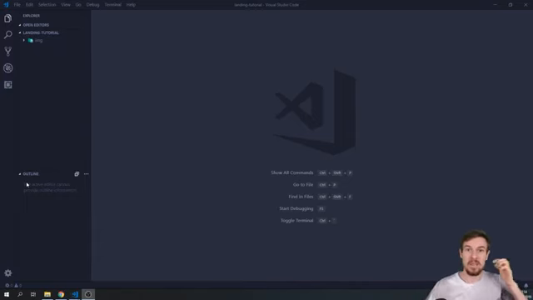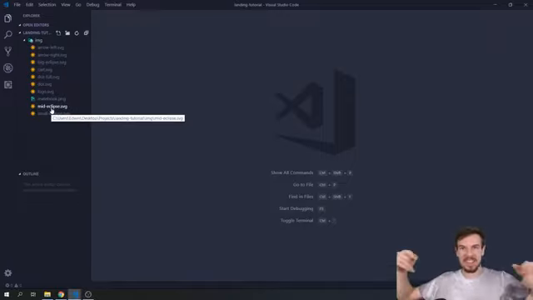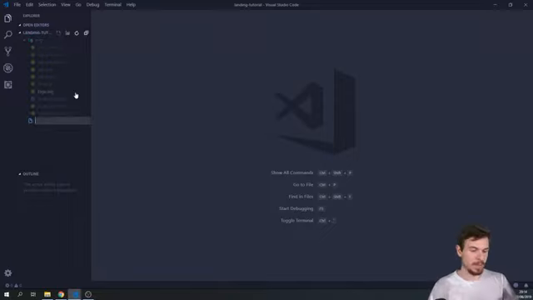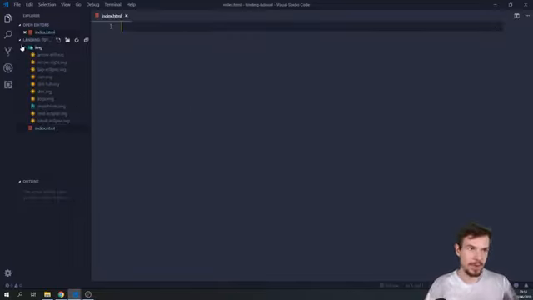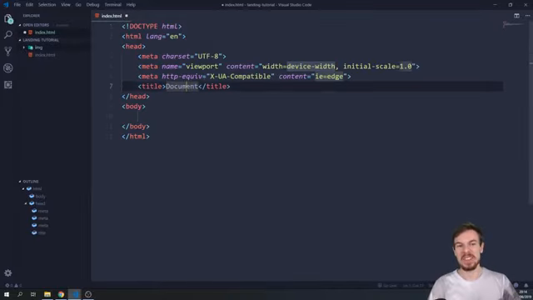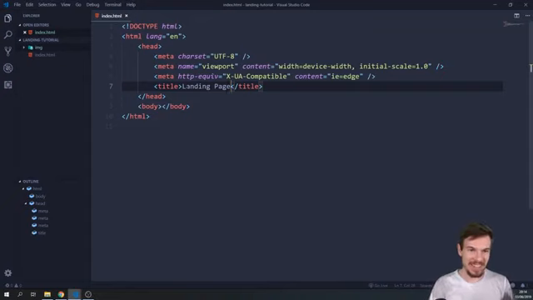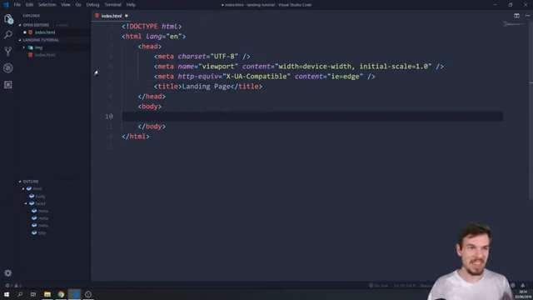Okay, let's have some fun. The first thing we have here is just the folder with the images. Again, you can get that in the description. So yeah, we can start from scratch. We're going to do an index.html like that. All right, and this is where our HTML goes. Landing page. Perfect. Control save. We're going to go into the body. Actually, we're leaving the body and we're going to create a